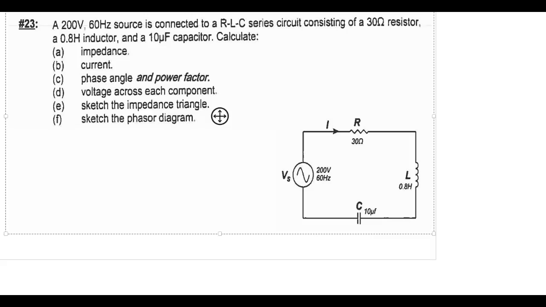Okay, this is a standard RLC series circuit. The source voltage, 200 volts, is applied to resistance, inductance, and capacitance in series. We are asked first to calculate the impedance. So we'll start off by saying that